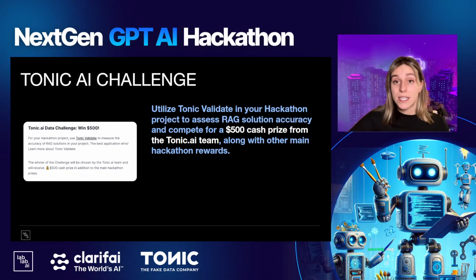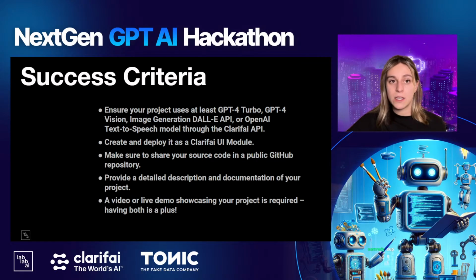And then when it comes to the success criteria, we have a few of them, and all of them are already duplicated on our lablab.ai event page of this hackathon. And I will just go quickly through them so you will have an idea what will be our main criteria to evaluate your project. So first of all, ensure your project uses at least one of the listed technologies that I listed before through Clarifai API. That's a must. Then we go to the Clarifai UI model that you have to use to deploy your application. And it's critical as well for this hackathon to have a higher spot on the evaluation pipeline.